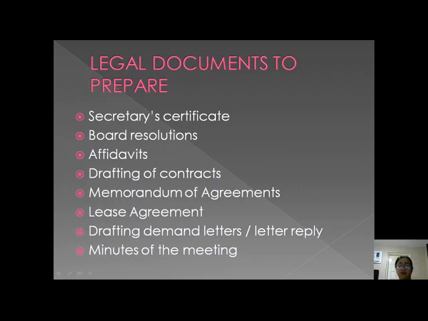Now, here are some legal documents which you will be asked to prepare. I want you to familiarize yourself with these different legal documents, and in the coming sessions or class schedules, I will be giving you an assignment to prepare these legal documents, for you to be familiar with all these common documents that you will be preparing in case you want to work in a